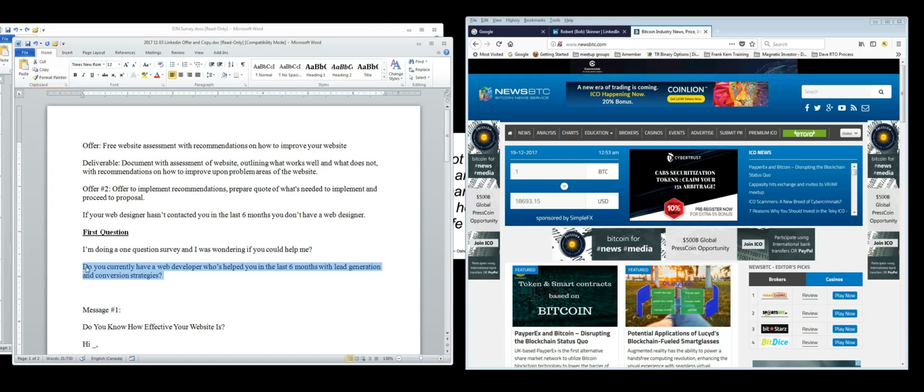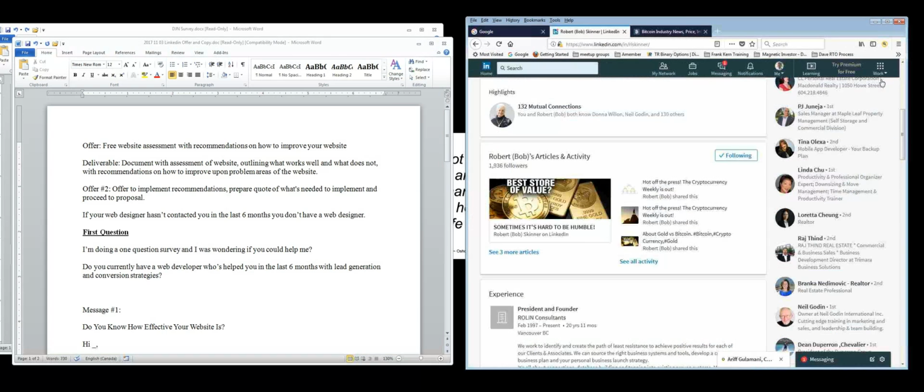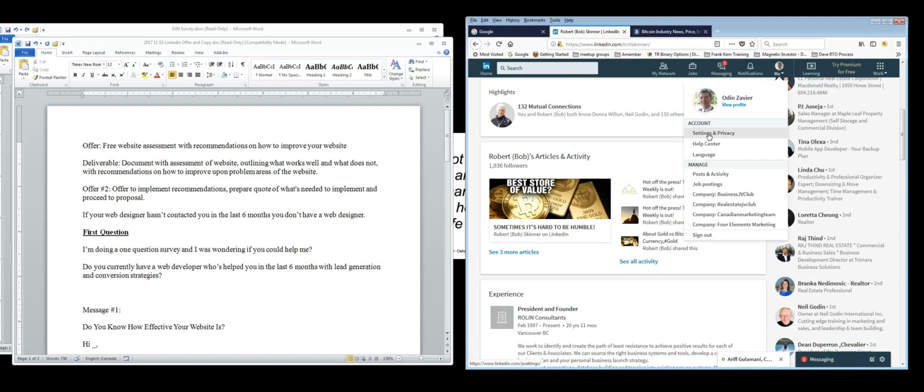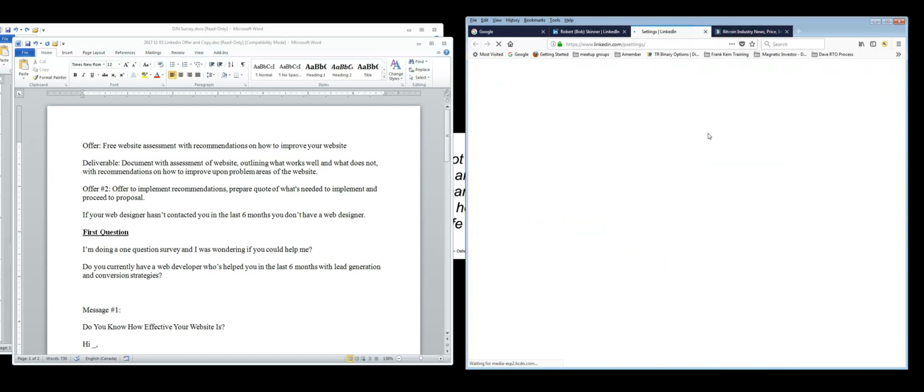I'm doing that. Perfect. And now, do you know how to get all the names, emails, and phone numbers off your LinkedIn account? No. Okay. I haven't. I could probably figure it out, but I can't say I've done it, so I don't know. Yeah, what you do is you go into your settings and privacy.